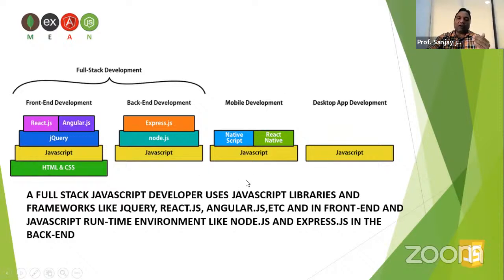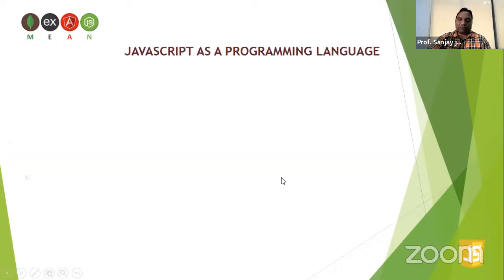You can also build your mobile applications with the help of JavaScript frameworks, like React Native, Cordova, and PhoneGap. These are all used to create mobile applications. Again, they are built on JavaScript. And even desktop applications, but as I told you, desktop applications are not used very much nowadays. So basically mobile applications and web applications. Here we can see everything is JavaScript.